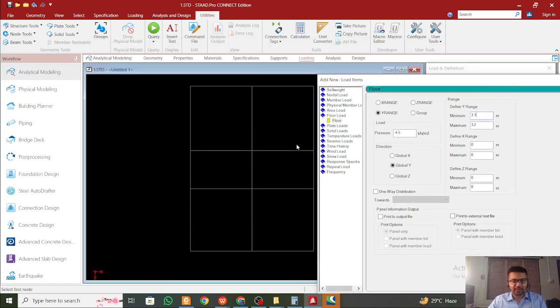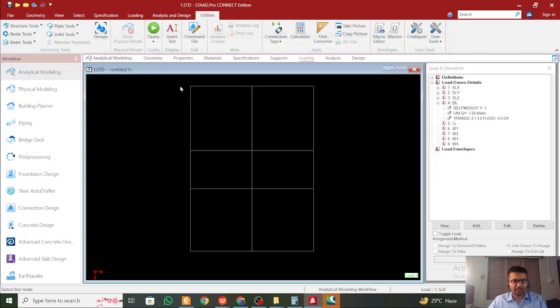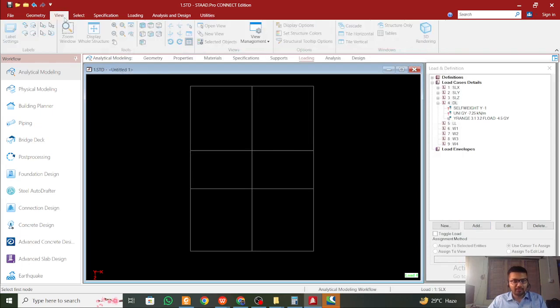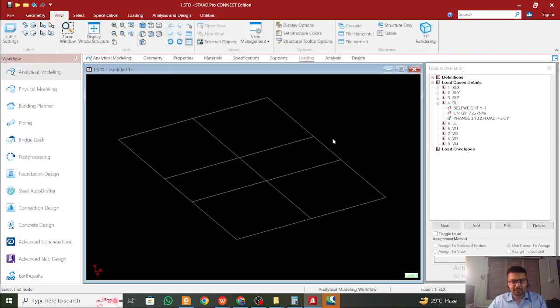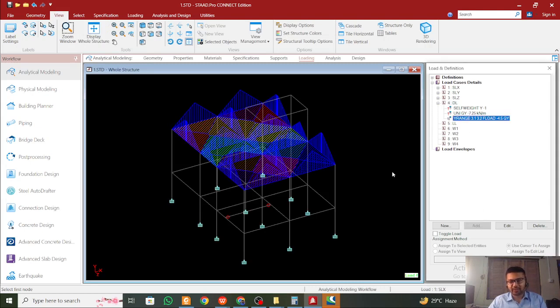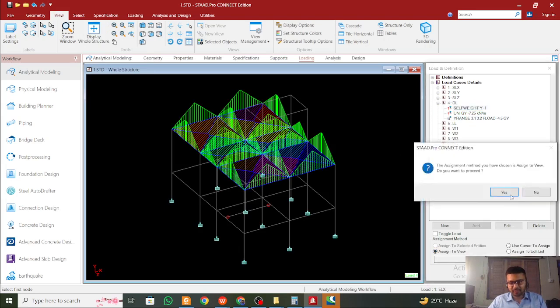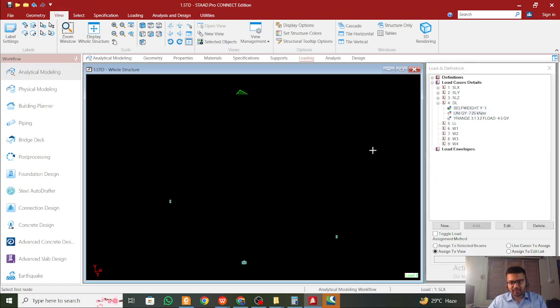So it will exactly be in this floor according to the height of the building. Click on add and click on close. So you go to view, we go to this level structure, and then we will see this will be assigned automatically. You can see the blue selection is the part which is this self weight, assigned to view, assign and yes. And this particular weight,